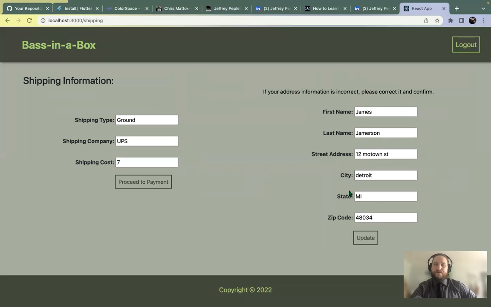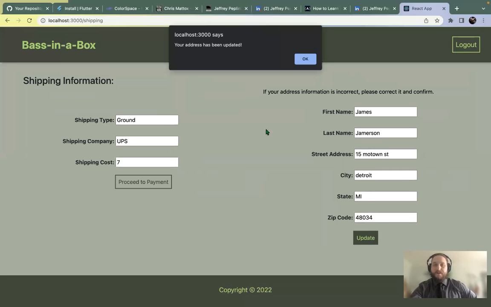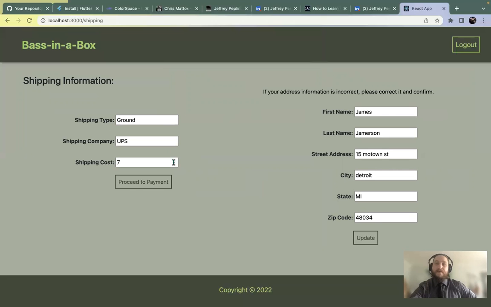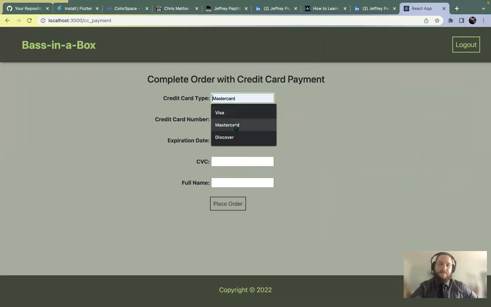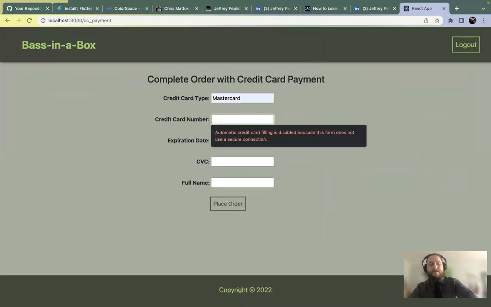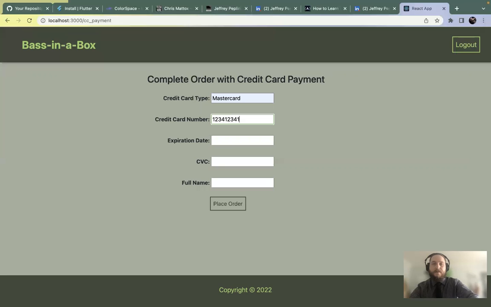Now, if there's anything wrong with his address, oops, he accidentally typed 12, it's supposed to be 15 Motown Street, he can update his address, and there's an alert window that comes up and confirms that the address has been updated in the database. And then when he's ready, he can proceed to payment, and we come to a simple credit card payment page. So he has a MasterCard, so he puts in the number,